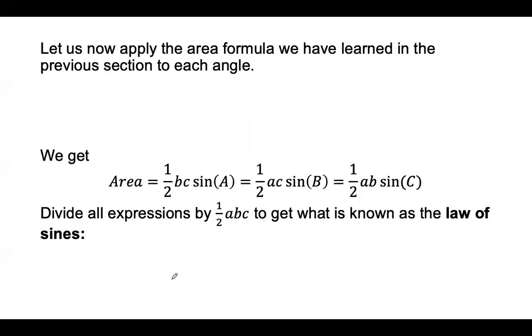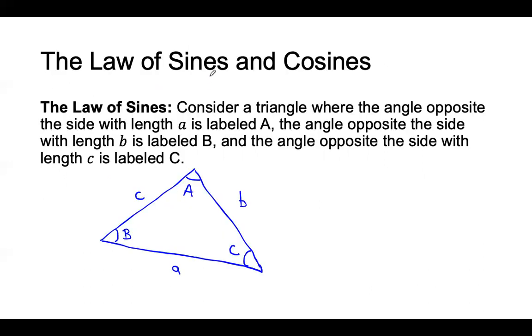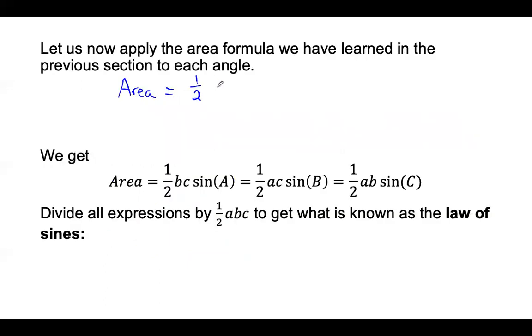Now, we learned before, we could find the area. So the area was given as a half. Let's go back to this side. So if we were looking at this angle, angle A, we have sides B and C and angle A. So the area of this triangle is therefore a half the sides b c times sine of that angle A,